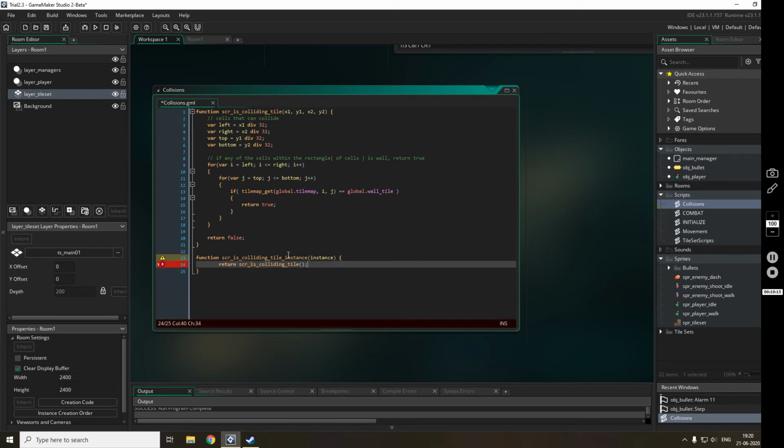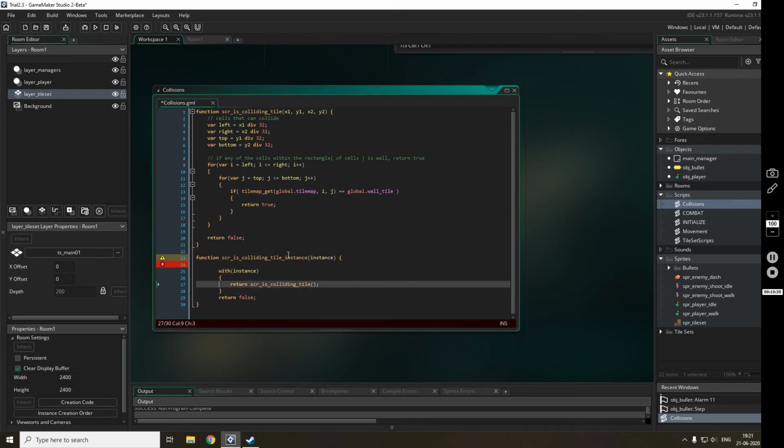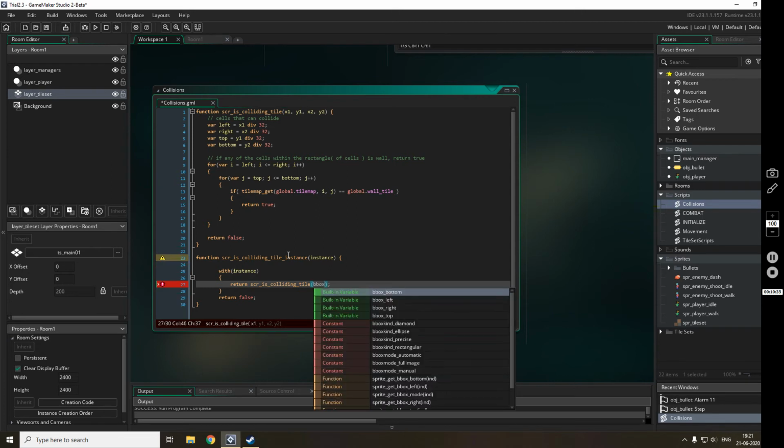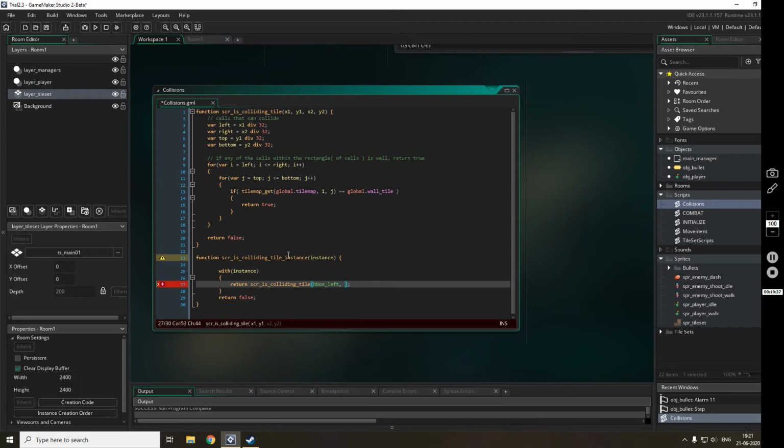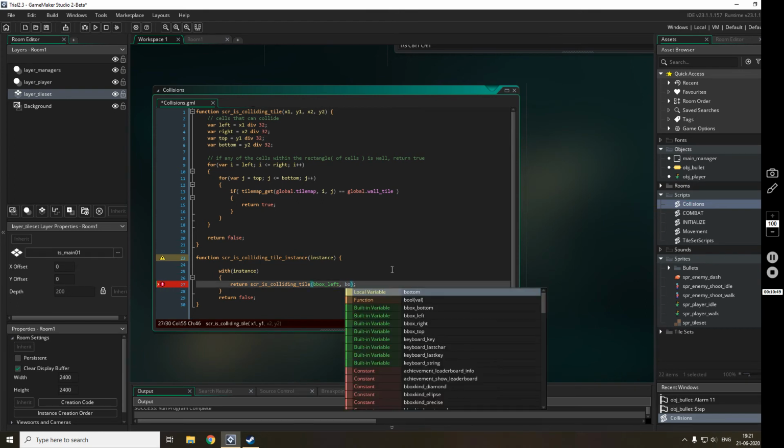But yes, if the instance exists, then it will come inside this, and then it will basically be returning its collision, meaning it will return the result of this first function by sending the bbox, that is the bbox left and bbox top, these things.